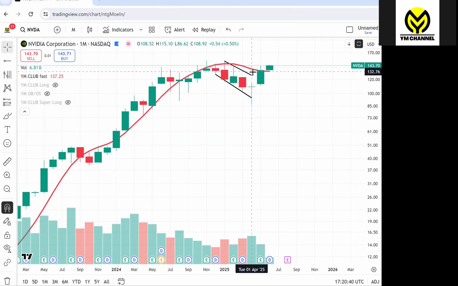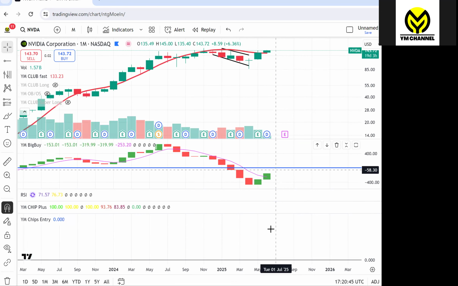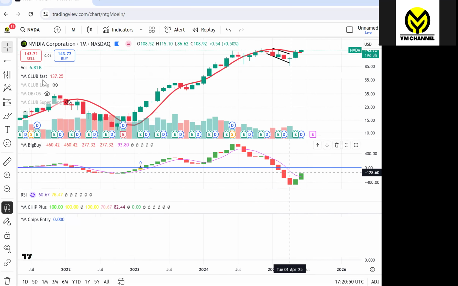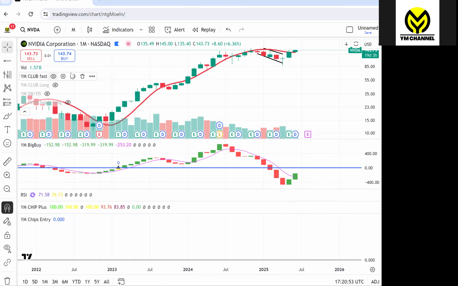Not yet. We're still going sideways. And we look at the fund, it's still going downward. We're still going down. It takes some time to go up. So let's see how it goes with NVIDIA. But remember, if you want to buy semiconductor, you need to be careful with NVIDIA because we already have OBOS,